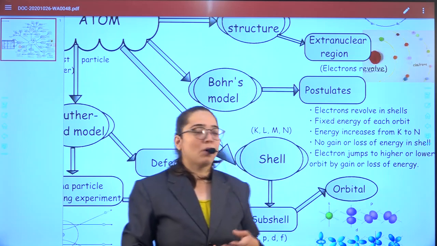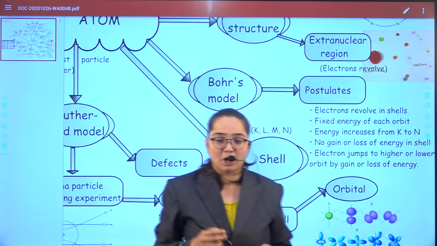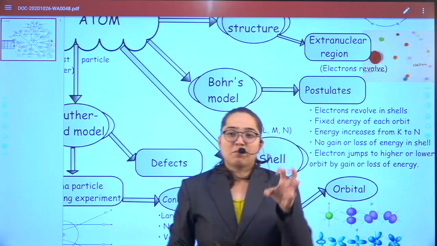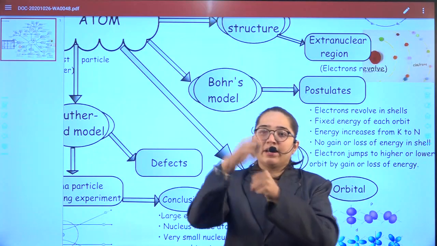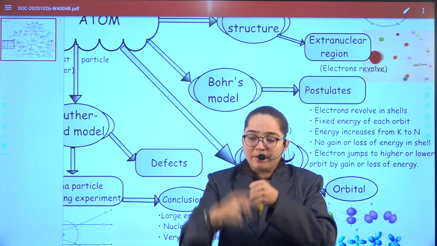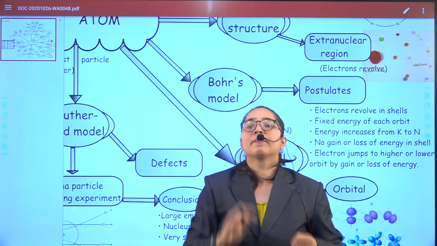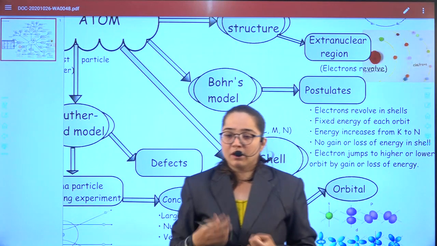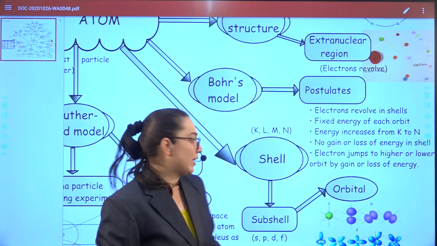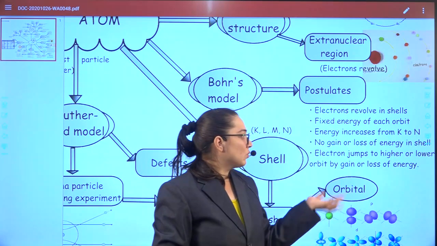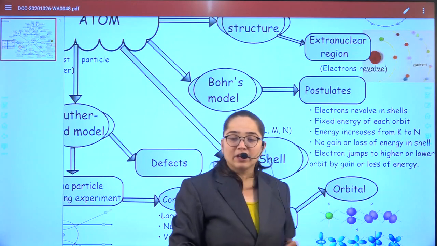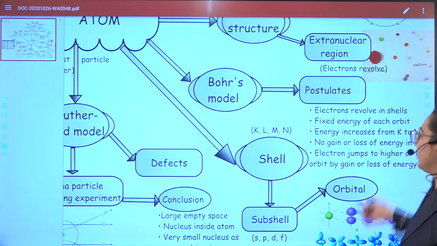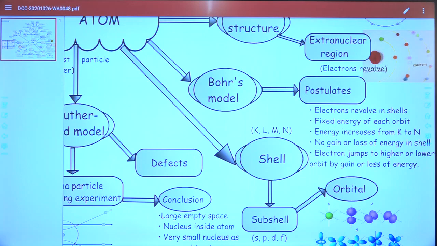And here the important problem that was faced by Bohr's model was, there was just one limitation. That is, if positive charge is concentrated at the center and negative is revolving around it, then why is it not happening that the negative charge falls and goes to the positive charge? Because it is having strong attraction towards it. This concept was again given by Maxwell. Electrons are jumping to a higher level or lower level orbit by gaining or losing energy, depending on whether they are going or coming. So these are the very important postulates that were given by Niels Bohr.